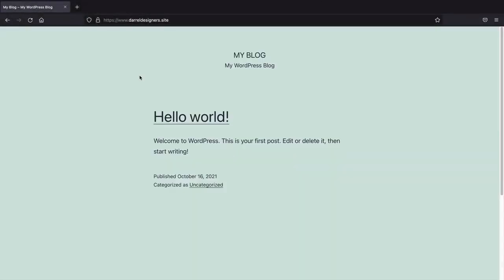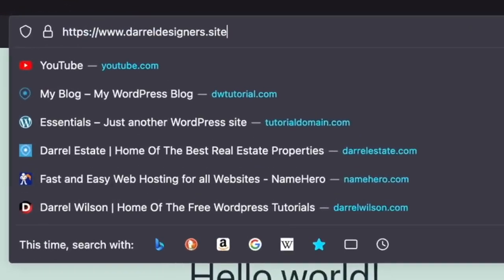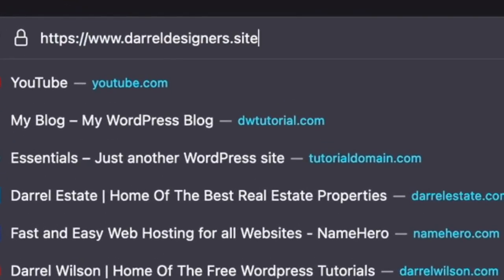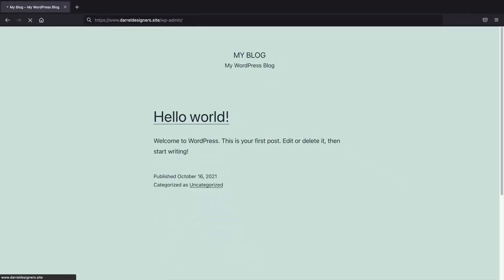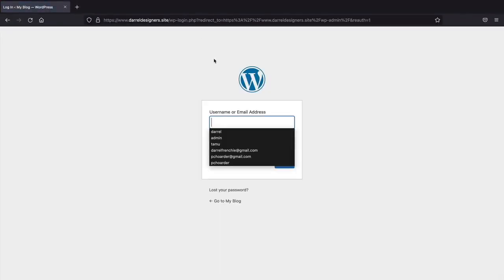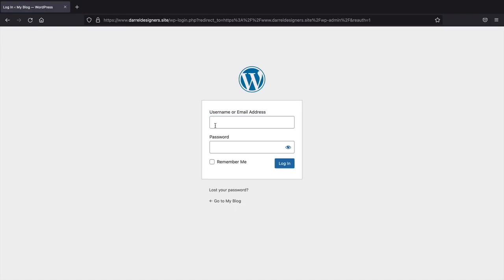So right now I'm logged out of my website and there's no way for me to enter it. So whenever you want to log into your website and make changes, you'll go to your address bar and type in /wp-admin and press enter. From here, you can enter the login credentials that you used to install